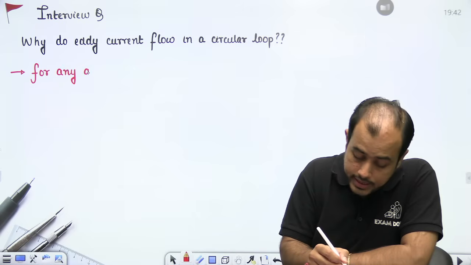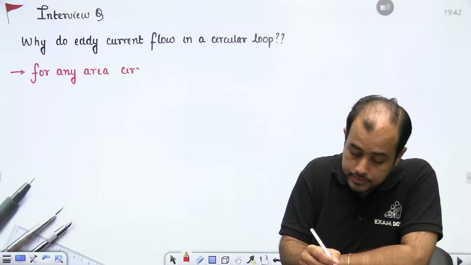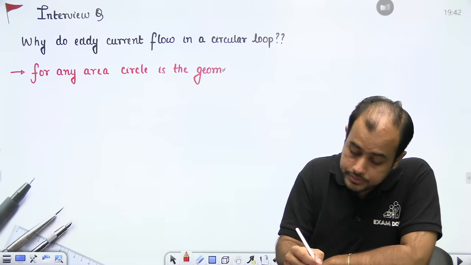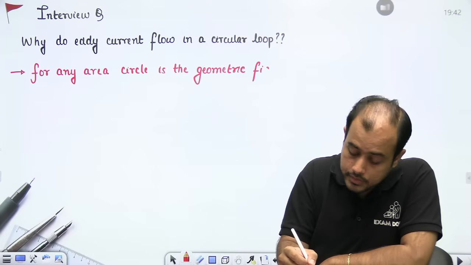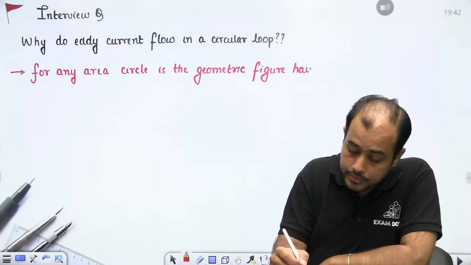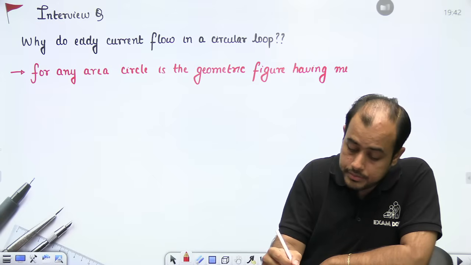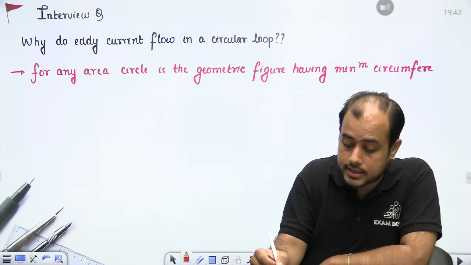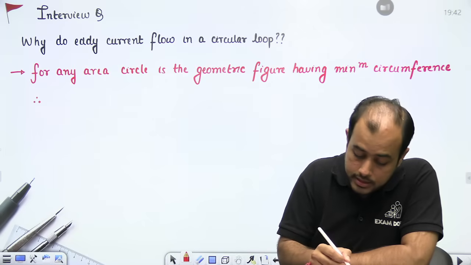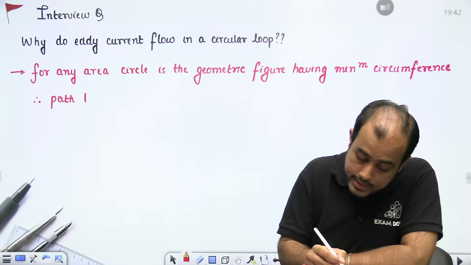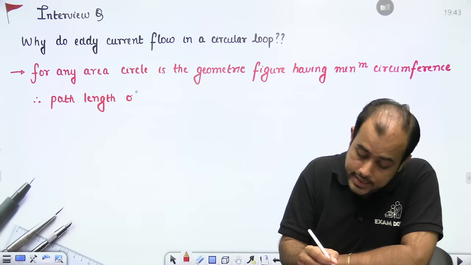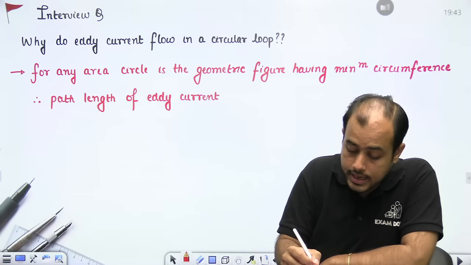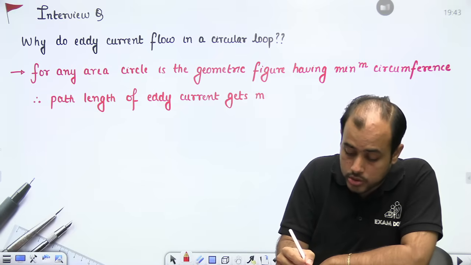for any area, circle is the geometric figure having minimum circumference. सर्कल एक ऐसा फिगर है बेटा जिसका सरकमफेरेंस सबसे कम होता है। Therefore, path length of eddy current gets minimized. एडी करंट का पाथ लेंथ बहुत छोटा हो जाता है,